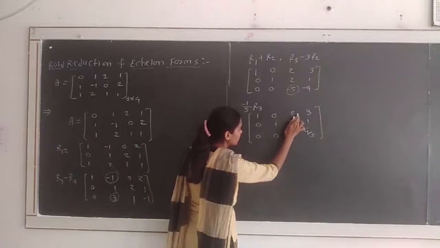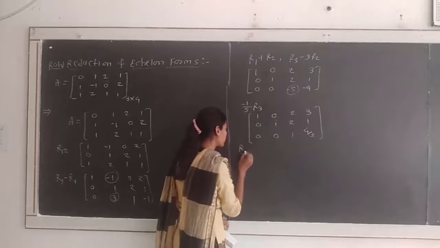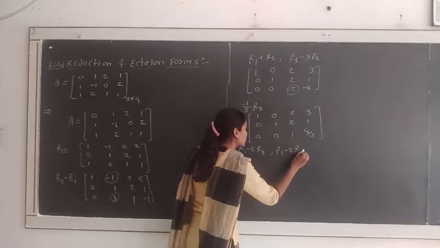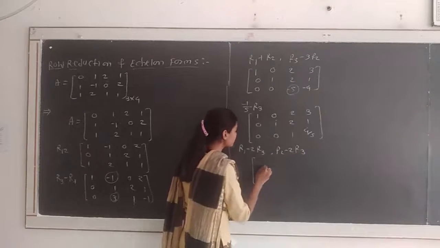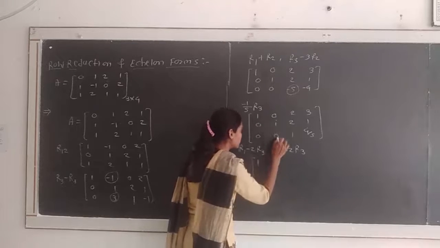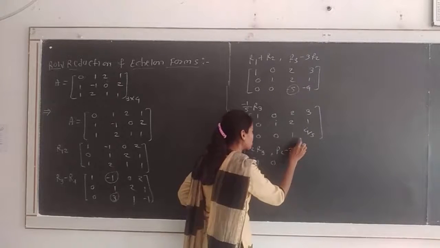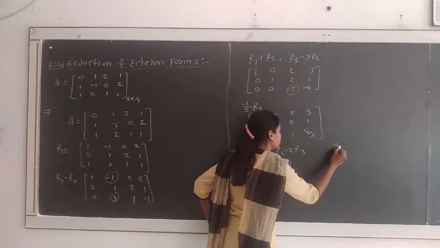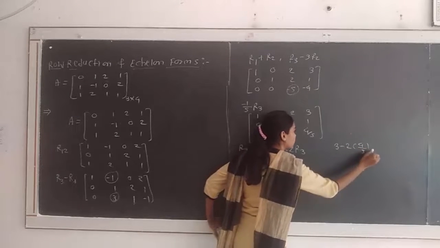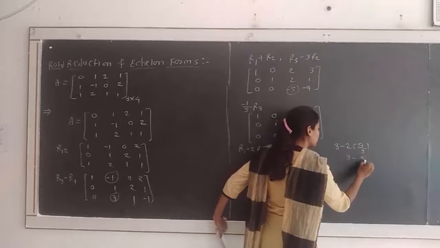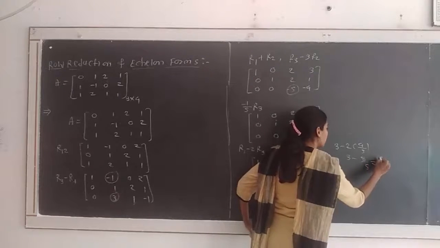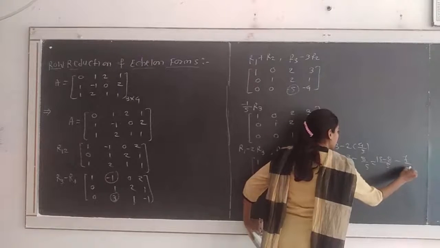Okay, so using this one we make this and this 0. For that we apply the operations R1 minus 2 R3, then R2 minus 2 R3. Then we get the matrix A. The first row will be 1 minus 2 into 0, that is 1, then 0, 0, then 2 minus 2 into 1 we get 0, and the last entry 3 minus 2 into 4 by 5, that is 3 minus 8 by 5. By cross multiplication, 5 into 3 is 15, minus 8, divided by 5, gives 7 divided by 5.